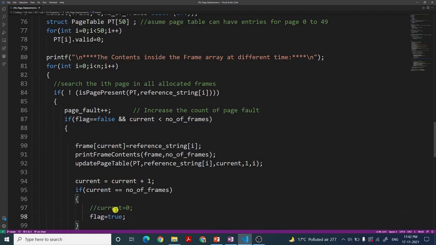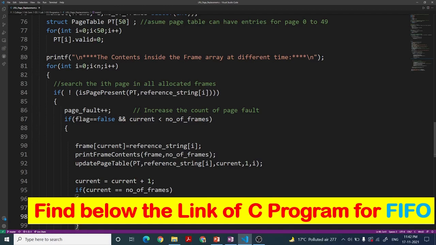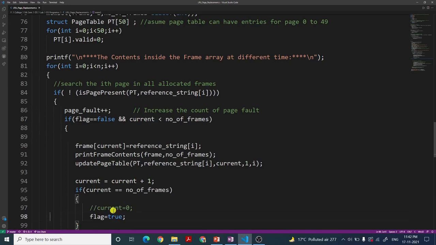You will see that only 2% code change will be there in the LRU implementation. 98% of the program will be similar to what we have seen in the FIFO page replacement. If you have seen that video, it will be very easy to understand this, and if you have not seen that video, then also it is no problem, but it is recommended to watch that video also, so that you can get a good grasp over the LRU implementation. I'll tell you everything here also. So let's first understand the overview of how this for loop is working, before going into the nitty-gritty, or technicality, of this code.